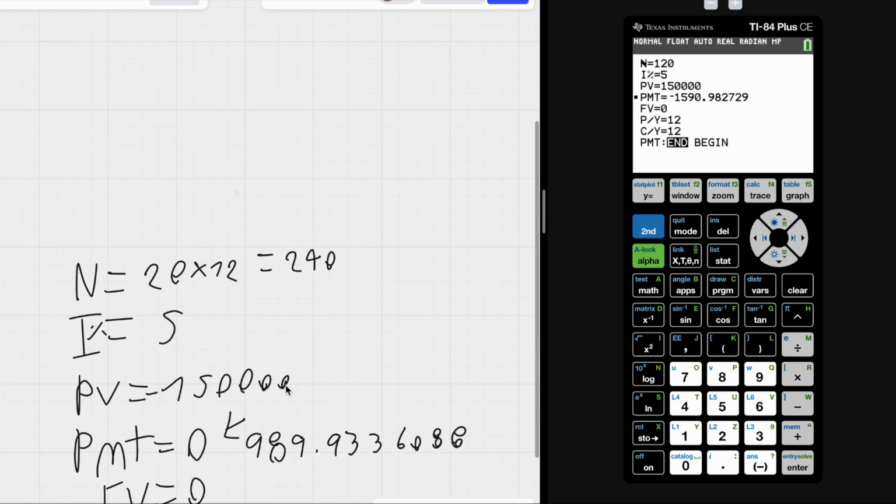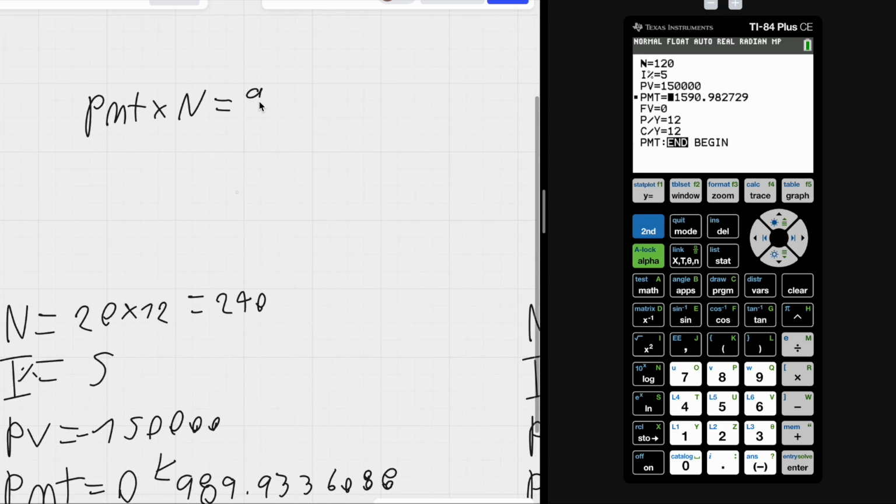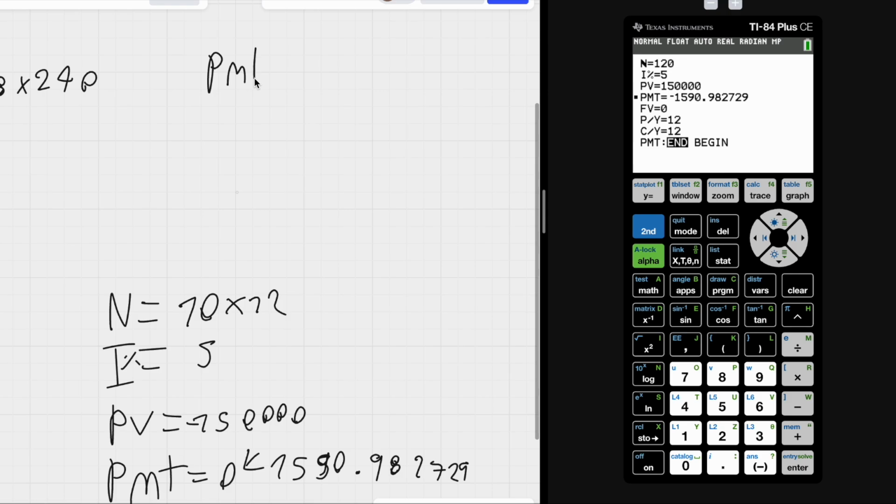So first of all, we're gonna need the PMT multiplied by the number of payments, which is 989.933688 times 240, and the other one here is payment times number of payments, which is this here,